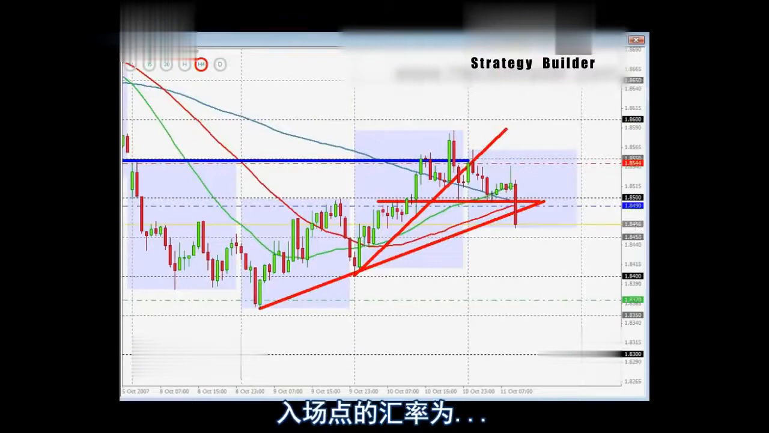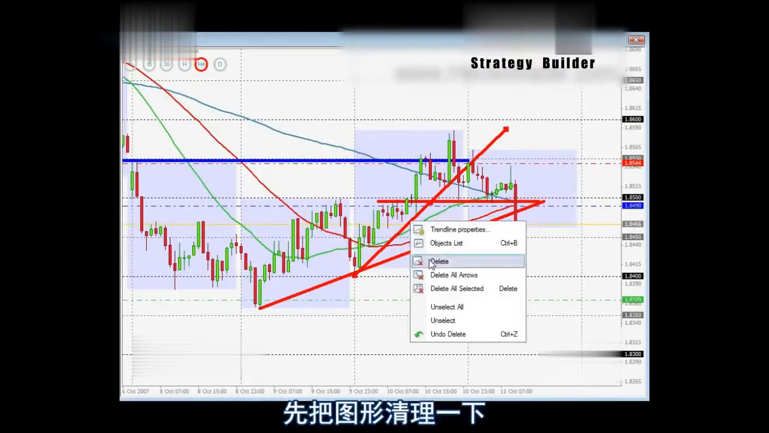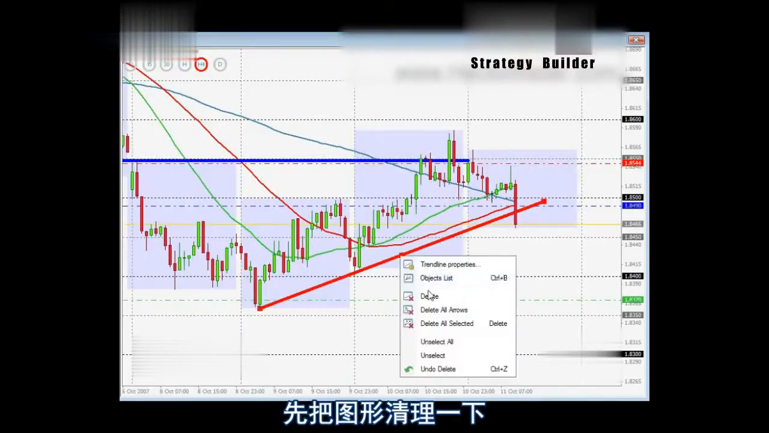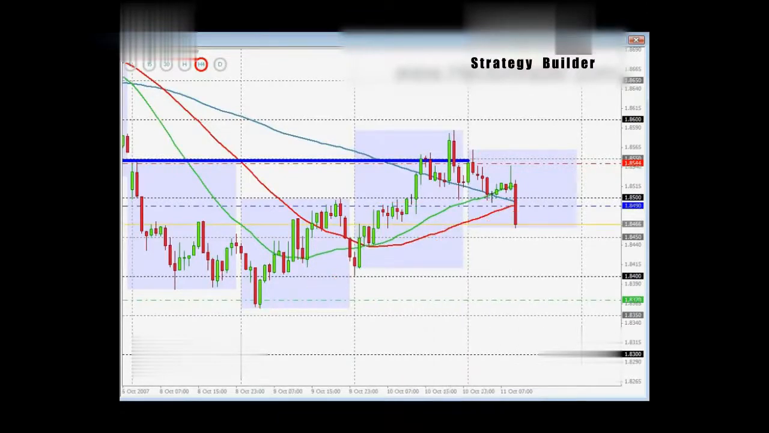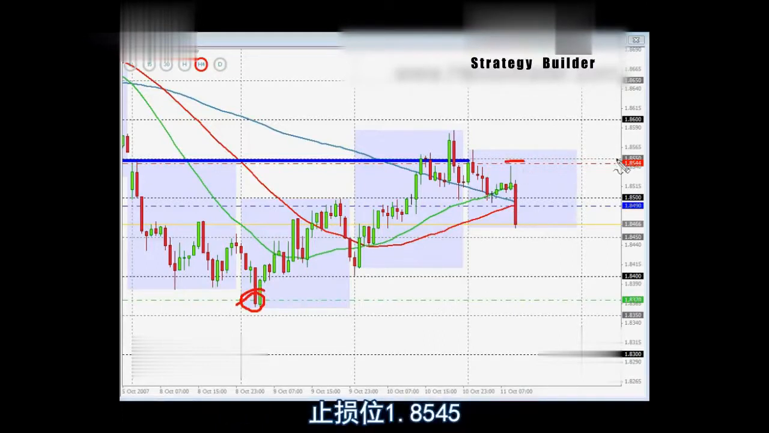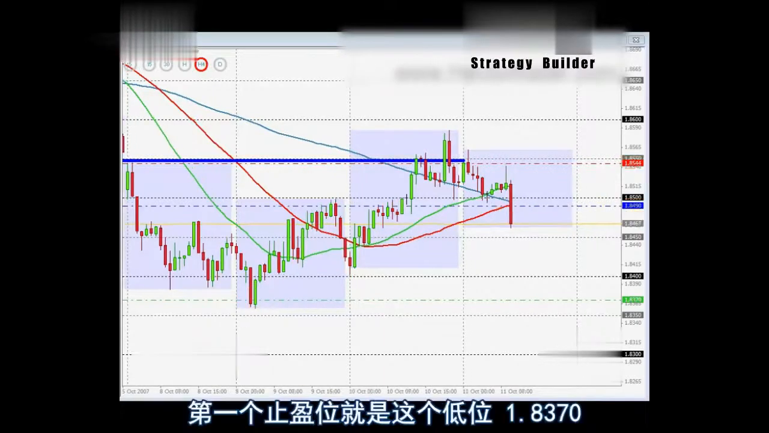Entry price, let me clean up the chart a little bit from so many lines, since they have already been broken, all of them, so no point drawing them. First target will be, as usual, the previous swing low. All right, the stop loss 185.45. Sorry, entry price 184.90. And my first target, like I said, is going to be the previous swing low right there,